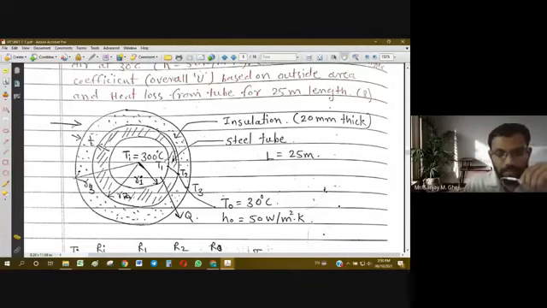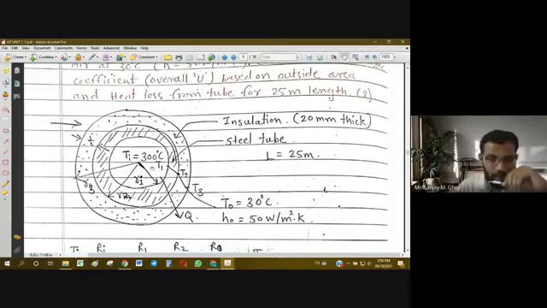Then the temperature gradient exists. T1 is the temperature at the inner surface of the inner tube. Now carefully look at this. The inner temperature of the gas, Ti, is different, and T1, the temperature of the solid surface of the inner tube, is different. There is some temperature gradient. So heat transfer will take place from the higher temperature Ti to the slightly lower temperature T1. Then T2 is the intermediate temperature as shown here. Then T3 is the external surface temperature of the insulation. And finally To is 30 degrees Celsius, that is the lowest temperature.